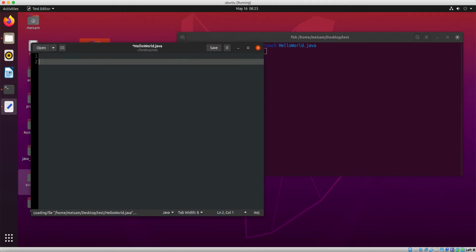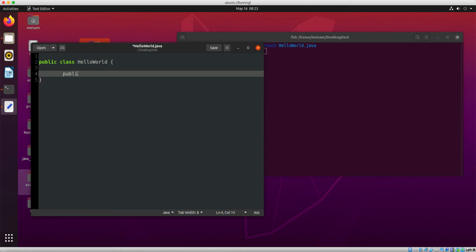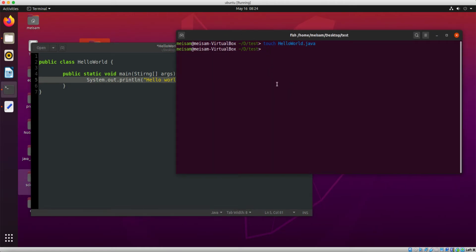And then let's say public class HelloWorld. And then we're going to say public static void main(String[] args), right? And then System.out.println("Hello World from Java in Linux Ubuntu!"); with the closing double quote, brackets, and then a semicolon. All right, so this is all we need, and then I'm going to say $GRAALHOME/bin